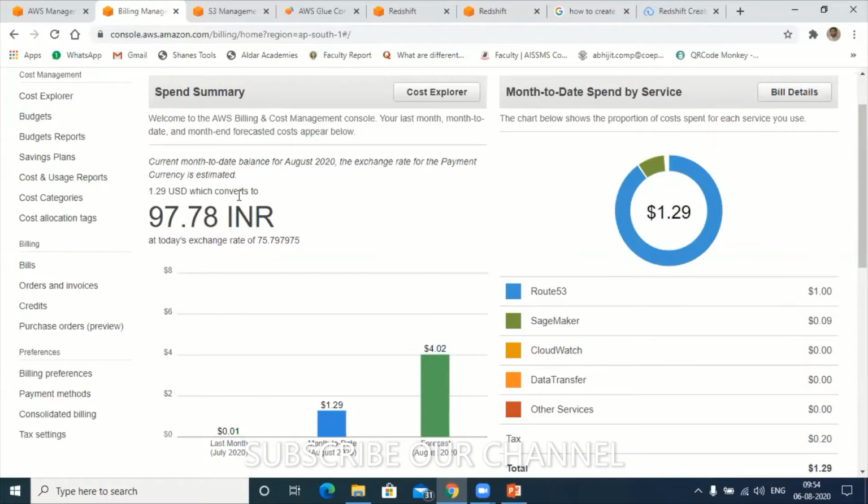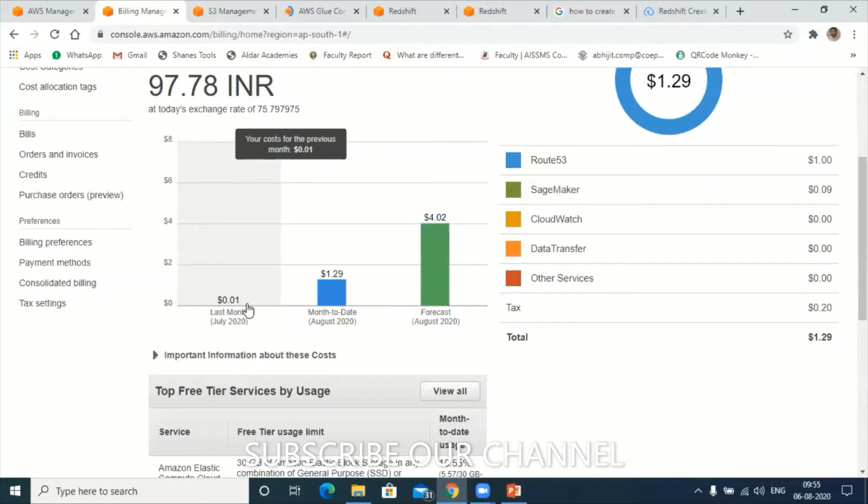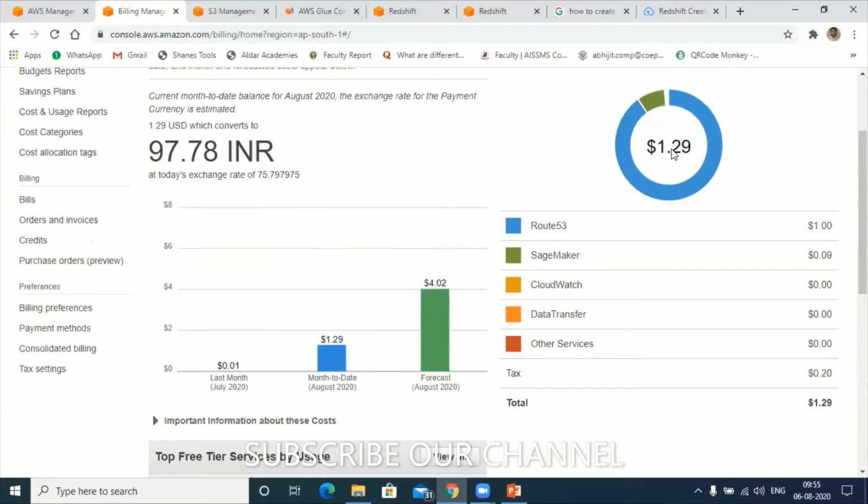I started using these services from the 25th of last month, and you can see my billing report. They have charged me just 97.78 INR. What I got from Amazon last month was that they charged me just 0.01. This month is still in forecasting. This is my current bill, 1.29.